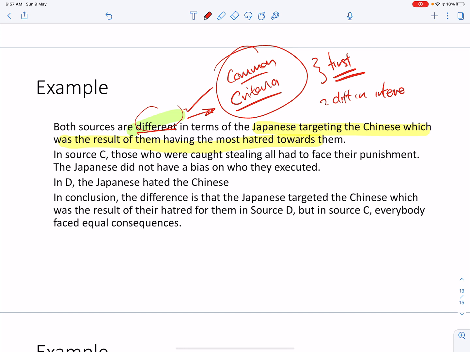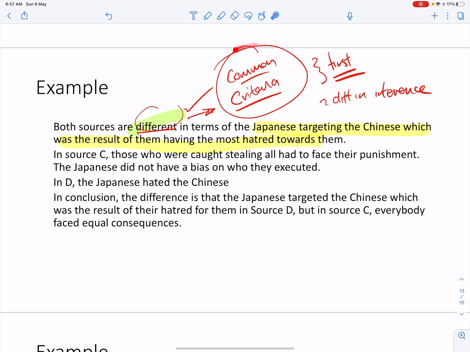Right? Because here you're stating an inference. So how can it be different when you only give me one inference here, that the Japanese were targeting the Chinese because of hatred? So it doesn't make sense. It doesn't conclude about a difference. Alright, so don't give me the inference